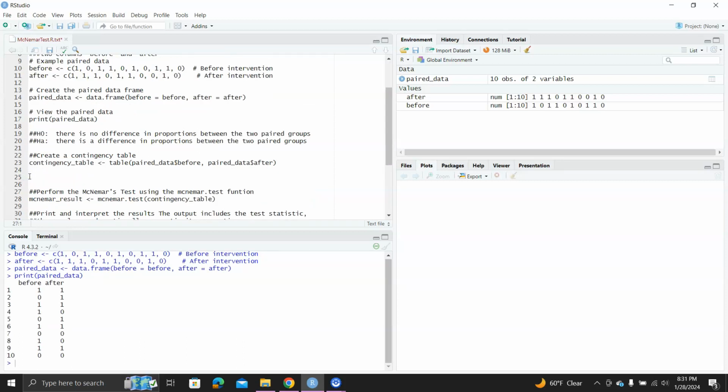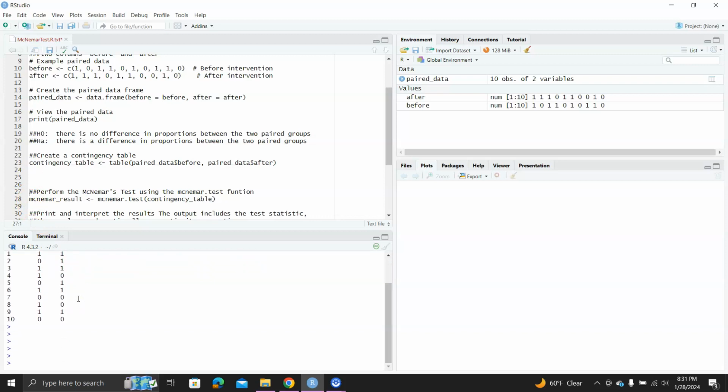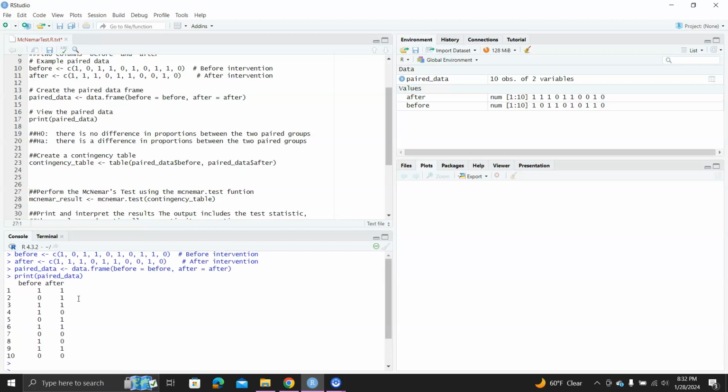So you can see here, this is the data set. It's a before and after. There are some changes, and some did not change, but they're all matched pairs. Next, we should